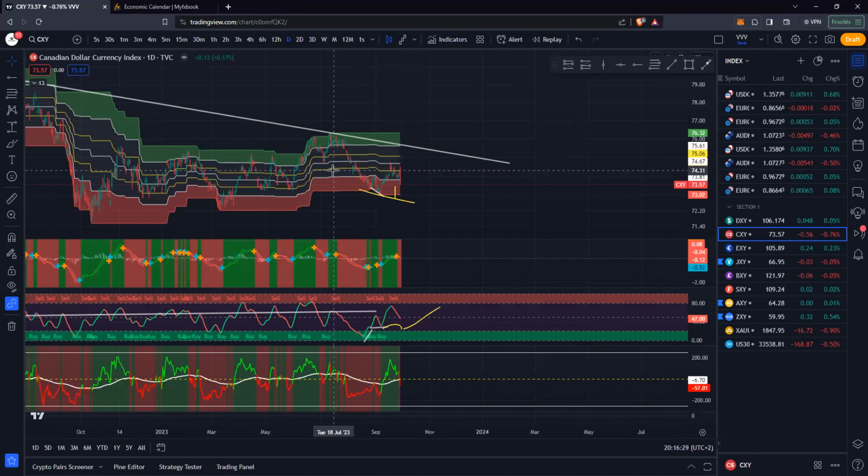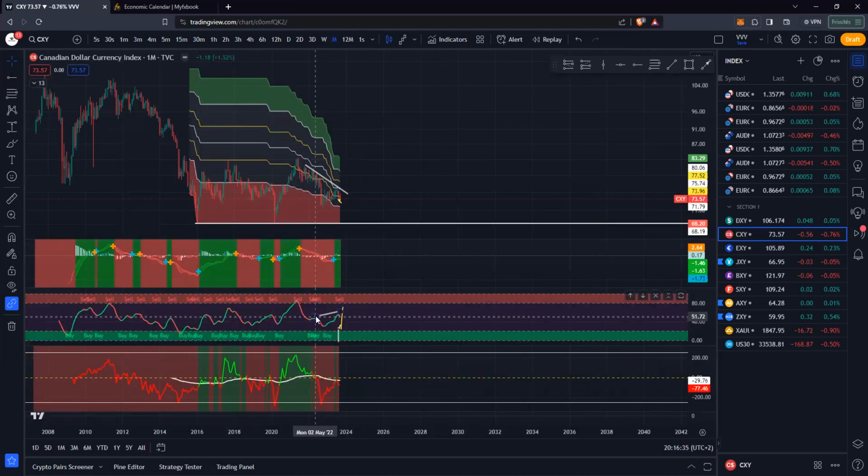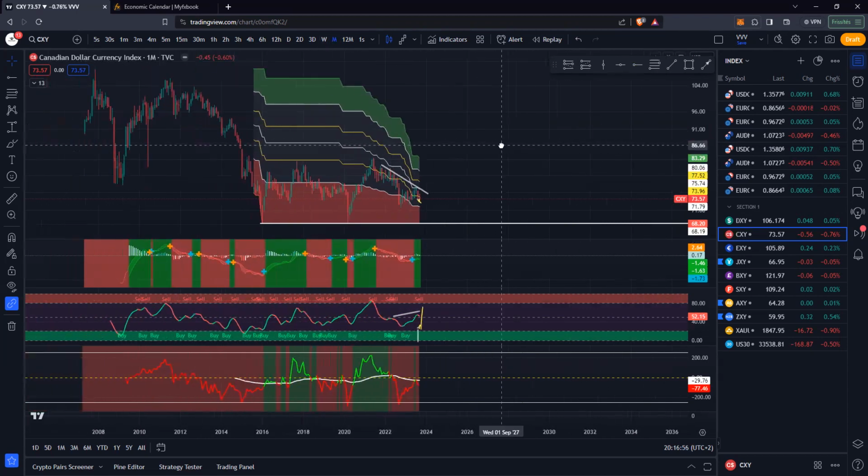The CXY. Let's see on monthly basis. The monthly basis just formed a divergence. Something similar than we could see on the USD CAD. We saw rejection. The VVV is still green, but we got the sell signal and the bounce from the REMA as well. Okay,